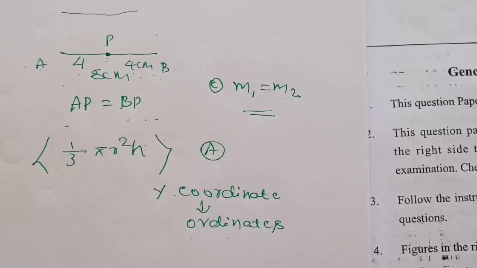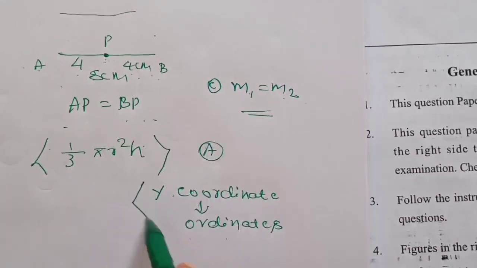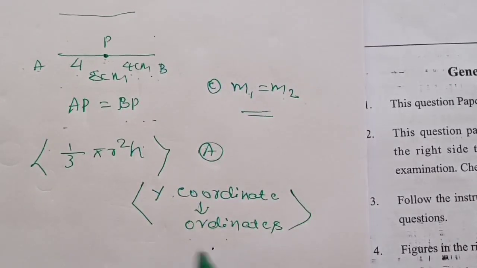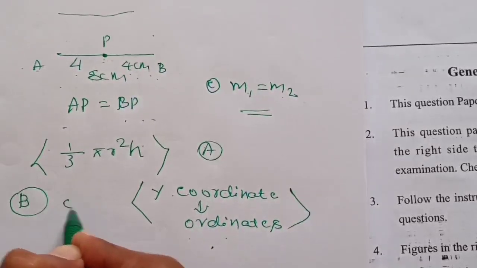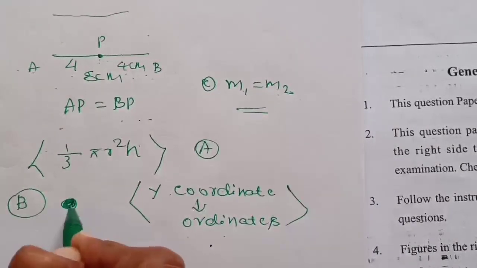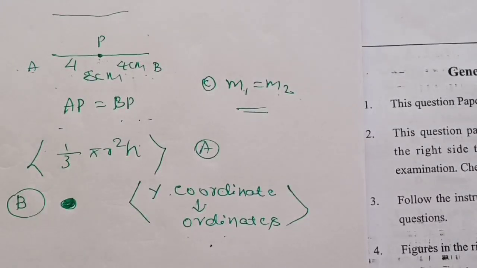So now in this question, what they are asking is the distance of the point from the x-axis. So it is called as either y coordinate or ordinate. Okay. So the options are origin, ordinate, abscissa and parabola. So what is the answer? The answer is ordinate. So B option is correct. You need to shade the B option. Okay. Now, suppose if they have asked the same question in a different manner, the distance of a point from the y-axis, then the answer will be x coordinate or abscissa.